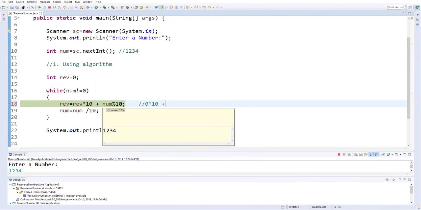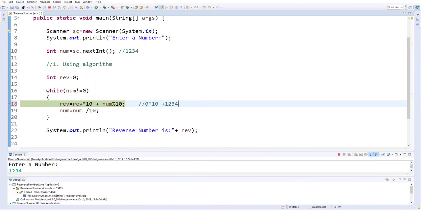1234 divided by 10. So 1234 divided by 10. So what will this return? 1234 divided by 10 will give you 4 as an output. So the last digit will be returned by this